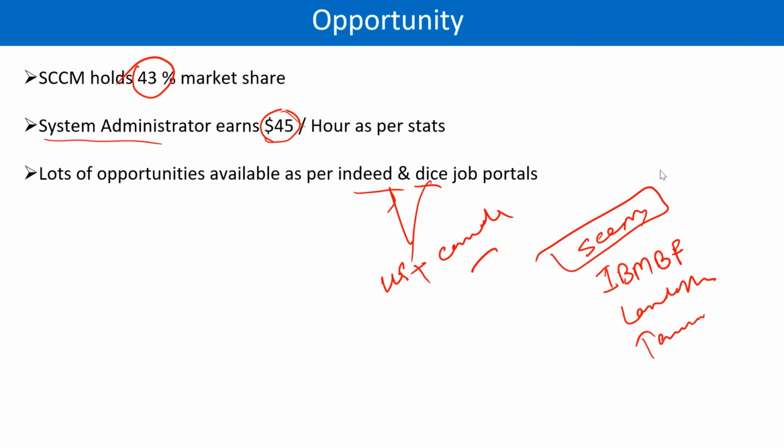I had one question. Is Altiris also the same as SCCM? I heard some companies use Altiris to manage devices. Yes, Altiris is also there, like SCCM, but SCCM is way ahead of Altiris. If you calculate the total number of deployments of Altiris and SCCM, they are poles apart. Got it? Yeah, got it.